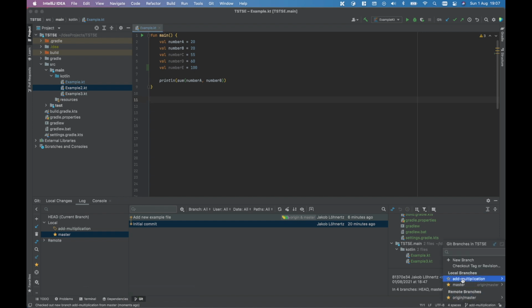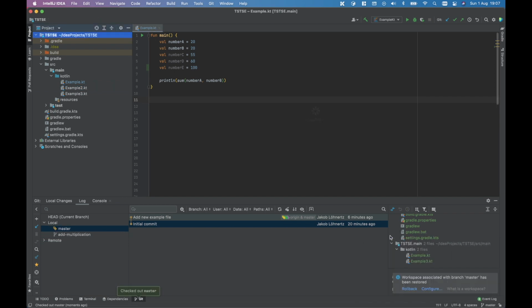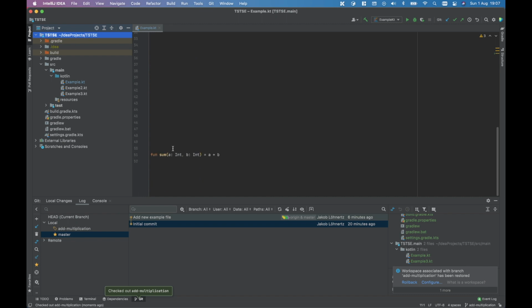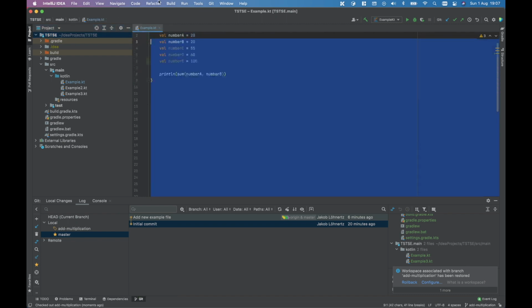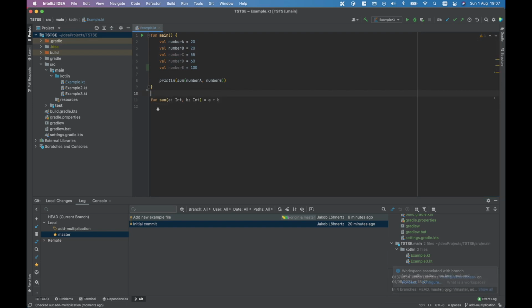You can always go back at any time. You can go here again on master and say checkout. And now we're again on master, but let's make our commit here on the new branch. And now since we said to add multiplication, let's actually do it. This a lot of space here we actually also don't need anymore. So let's add a new